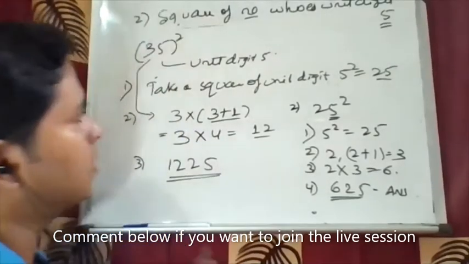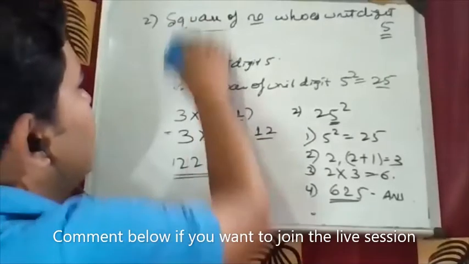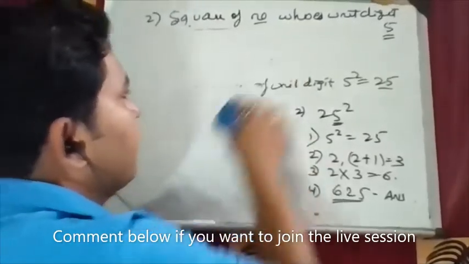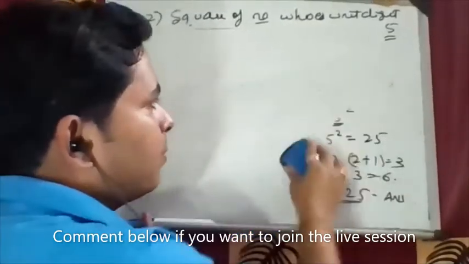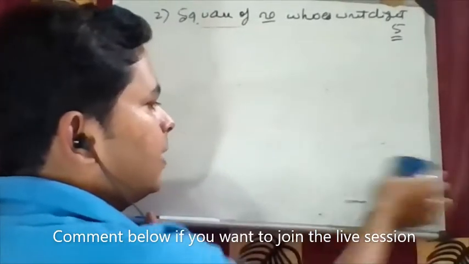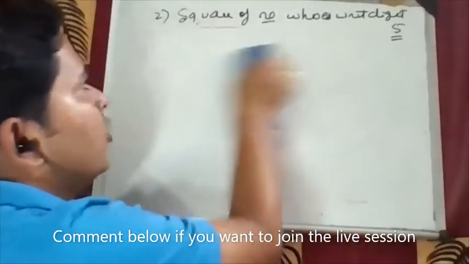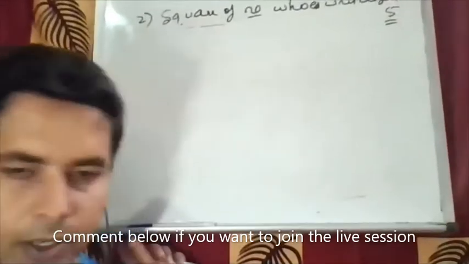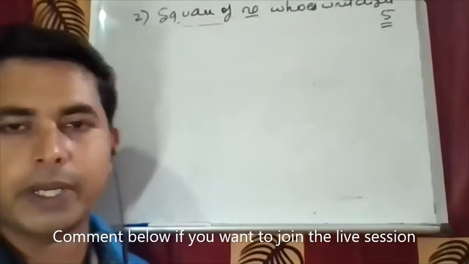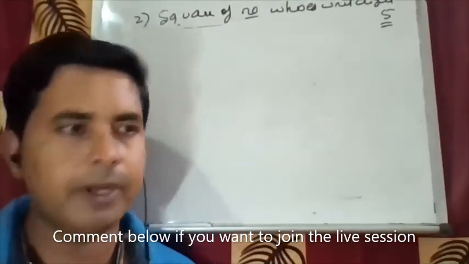If you have a unit digit of 5, I'll take one more example. You people try. So successive number means its next number. Multiply the unit-place-removed number with its next number, and put that answer together with the answer of 5 square, combined.